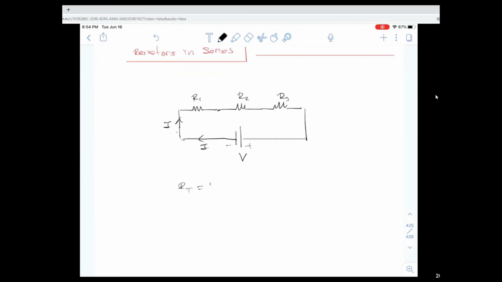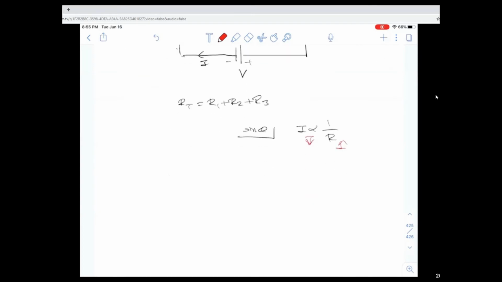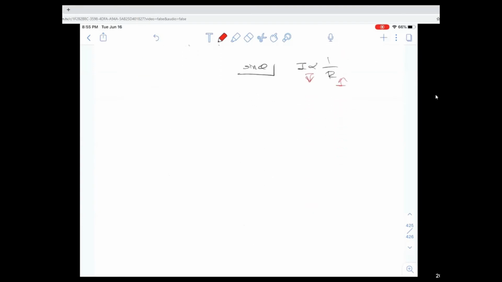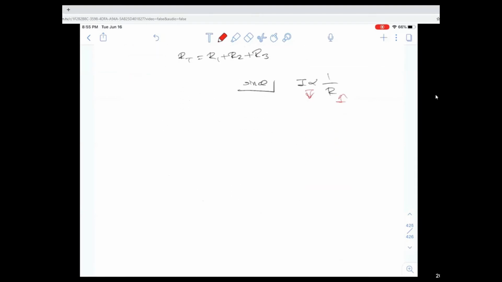So when they're connected in series, every single resistance will be additive. So it's just going to increase the overall resistance of the circuit. So what do we know? All right, so we know that the current is going to be inversely proportional to resistance. Which means that when the resistance goes up, the current is going to go down, which means that this traffic is going to slow down. All right, so the overall resistance is going to go up, the current is going to go down. What that simply means is the charges are moving quite slow. So when the resistors are connected in series, traffic is going to slow down. All right, when they're connected in parallel,